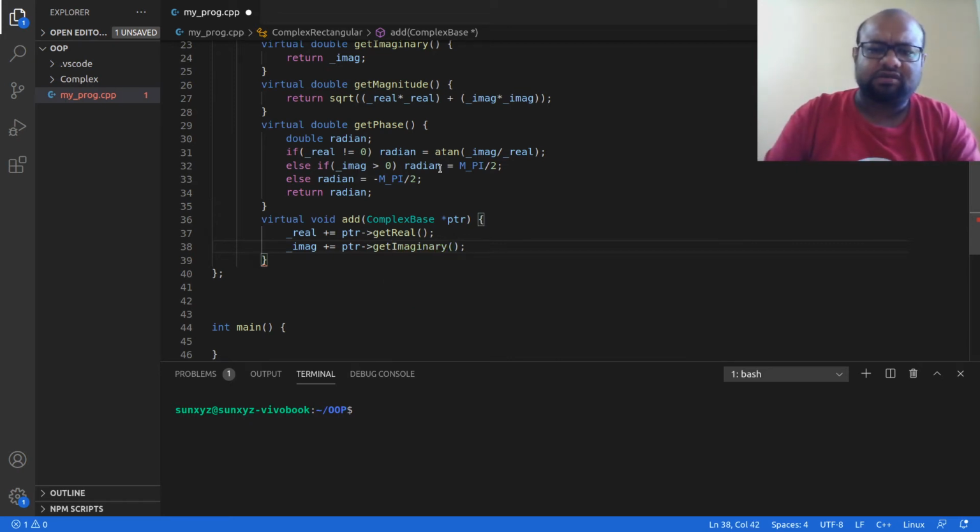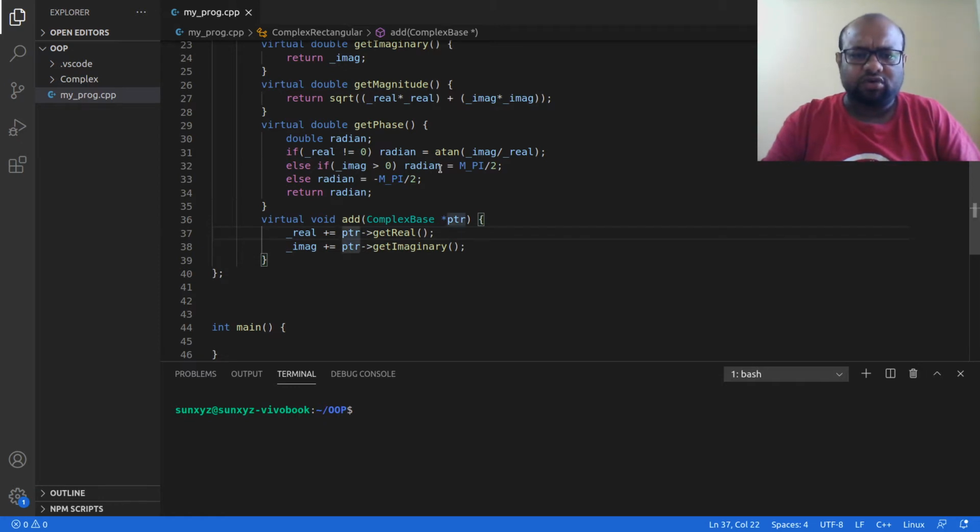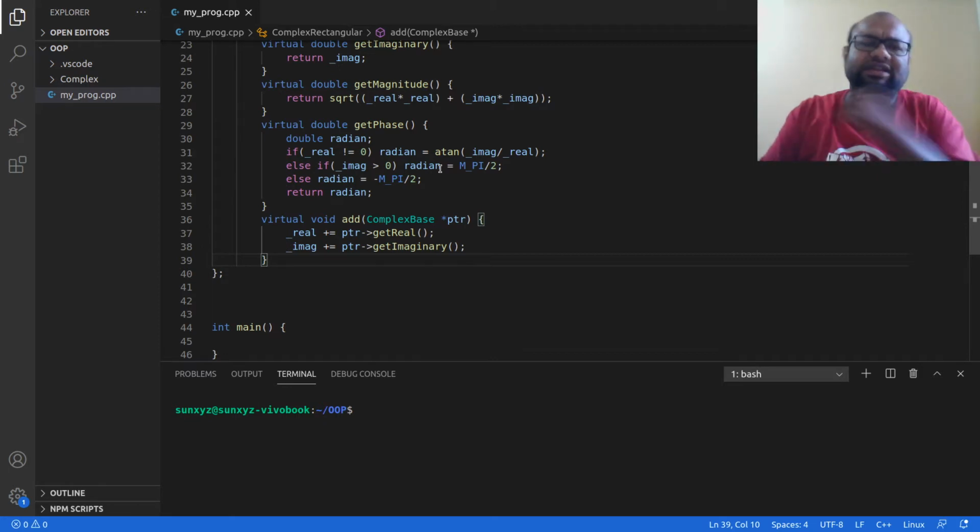Previously this would have meant faster object code, but right now compilers are so much better at optimizing object code that whether I write real equal to real plus pointer getReal, or real plus equal to pointer getReal, it does not matter, because the code that is generated is going to be very optimized by the compiler.